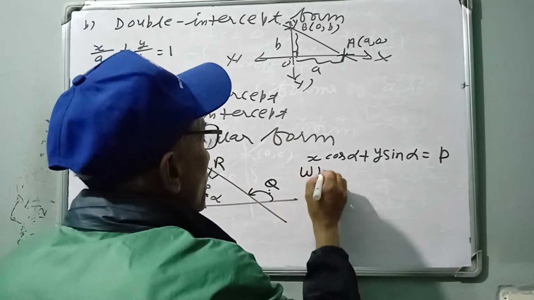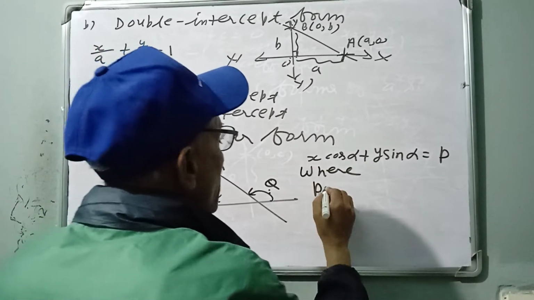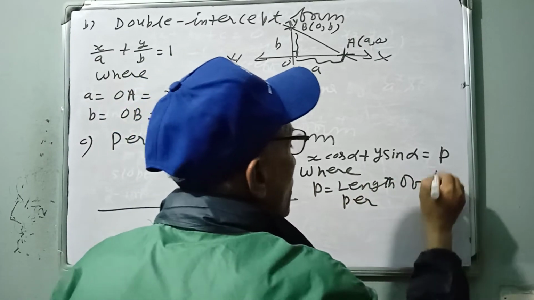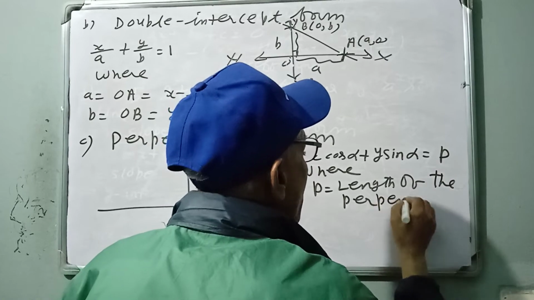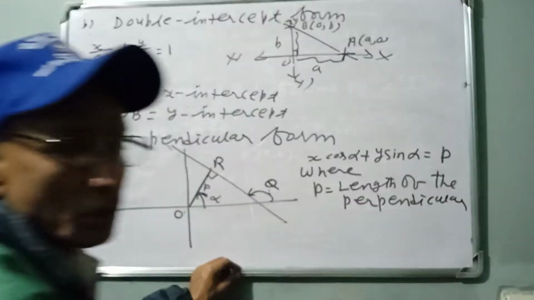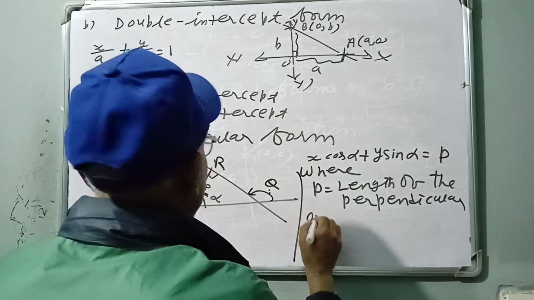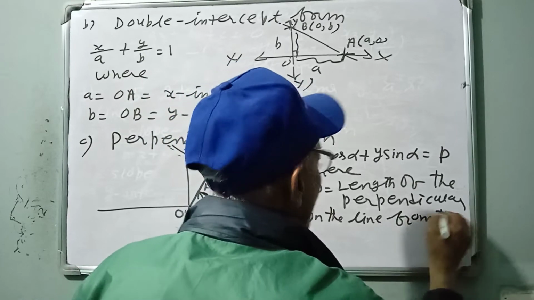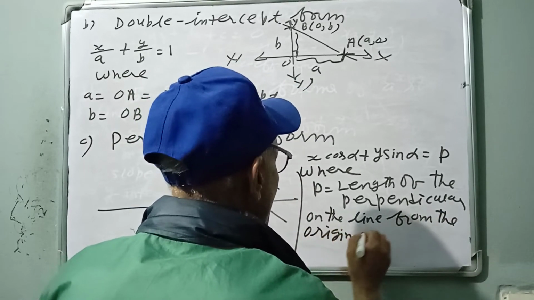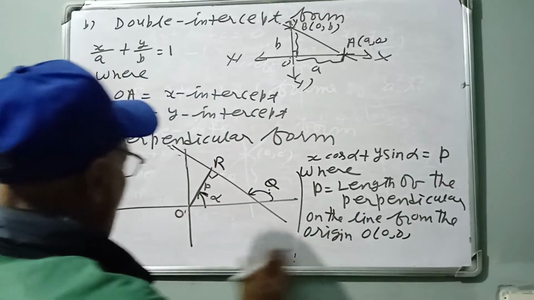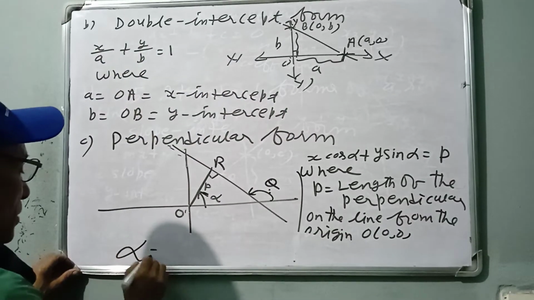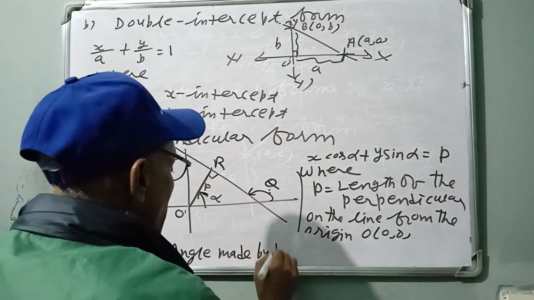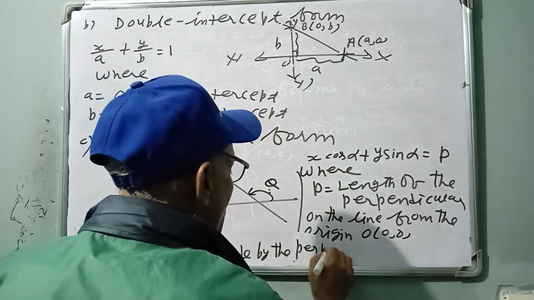Where? What do you mean by p? P means length of the perpendicular on the line from the origin O(0, 0). And what do you mean alpha then? Alpha equal angle made by the perpendicular